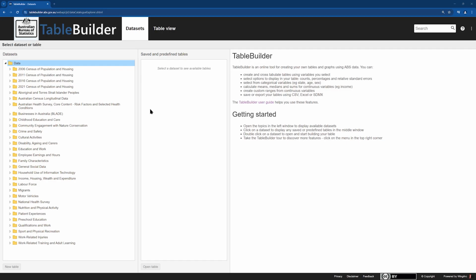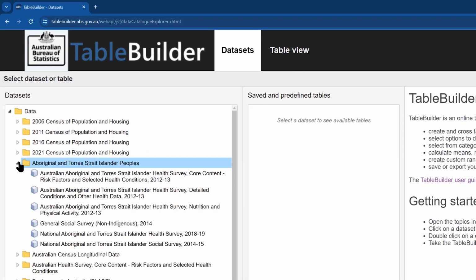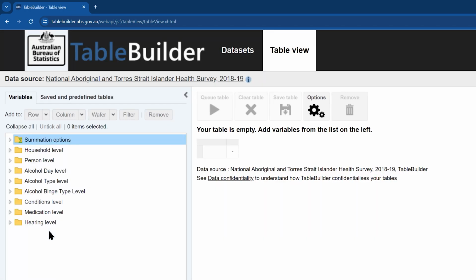Aboriginal and Torres Strait Islander Health Survey data is available going back to 2012-13. For the most recent health survey data, select National Aboriginal and Torres Strait Islander Health Survey 2018-19. In this example, we will create a simple table with a crosstab of a risk factor variable at state and